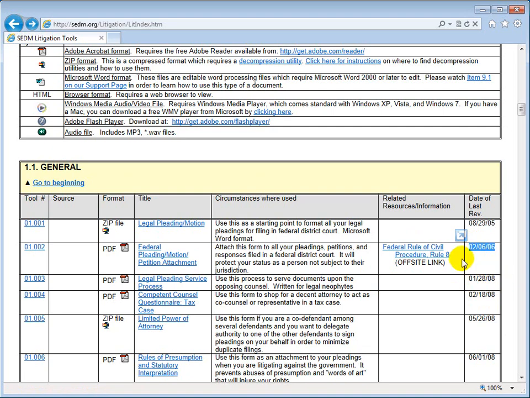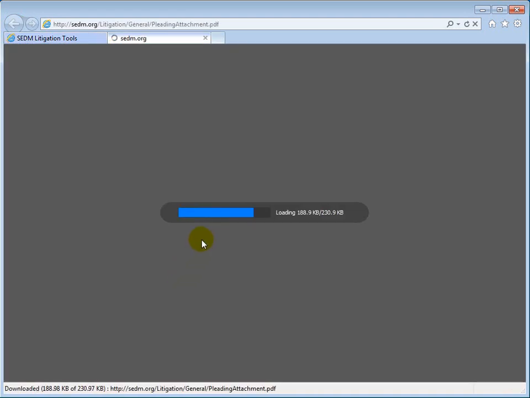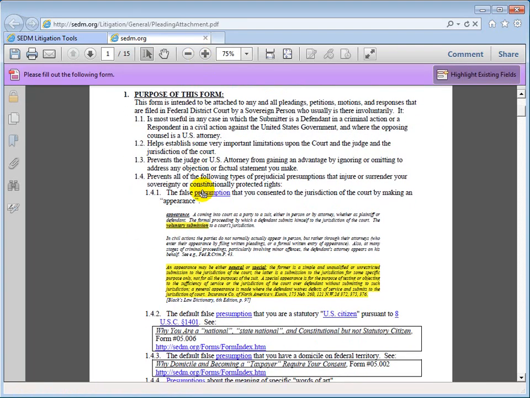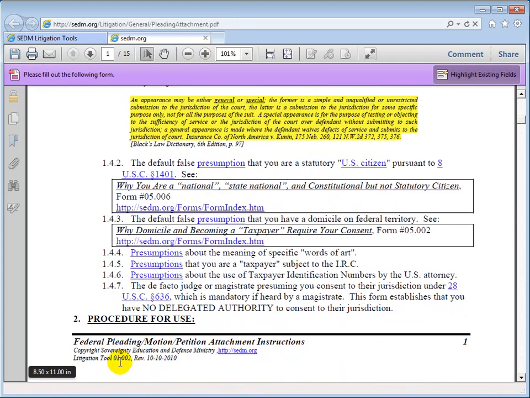The date of last revision is useful to find out whether you have the very latest version of the document. We update the content on this site frequently, and you need to come back often to make sure you have the latest version of the form. How do we know what version we have? Well, if we right-click on this and open it in a new tab, and we zoom in, you will see at the bottom lower left corner of every page the form number or litigation tool number and the revision date. This particular document, if we scroll down, is litigation tool 01.002 and it's Rev